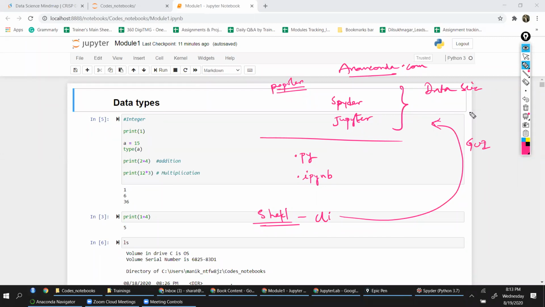But if you want to choose any other alternative option, you're most welcome to do that, because underlying these graphical user interfaces, the code anyway gets executed by your Python engine itself. So you can experiment.